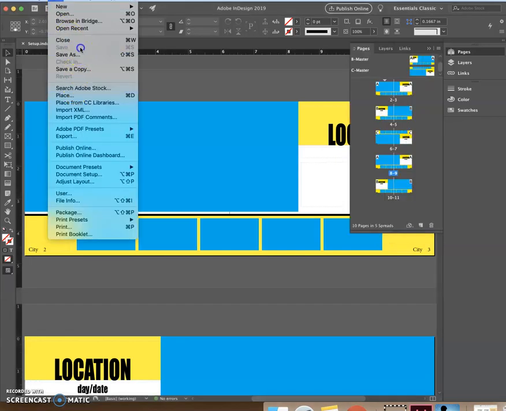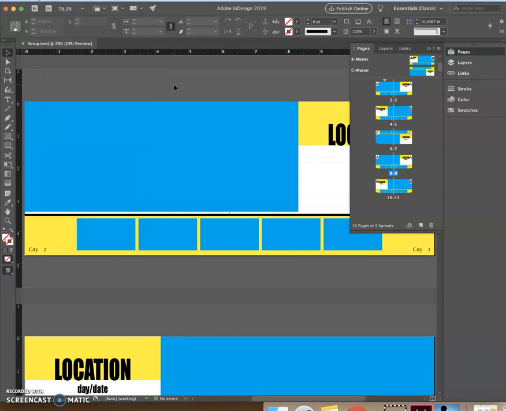Alright, so I'm just making sure that my file was recently saved, and it has been, so I'm good. Alright, so the first thing we're going to do is double click on the page 3 icon